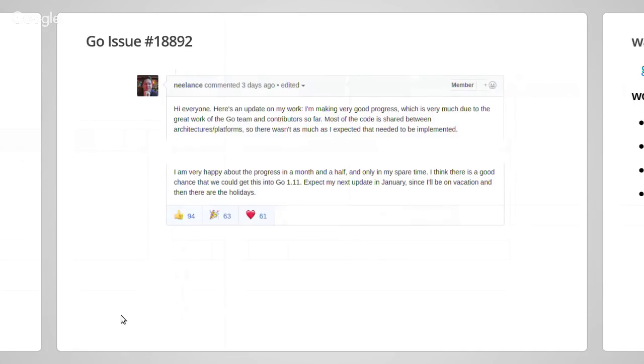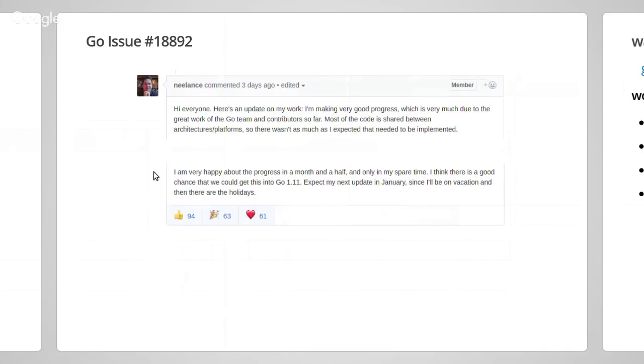But 3 days ago, and I intended to give my talk mainly about Gopher.js and then only drop 2 sentences about WebAssembly, but literally 3 days ago, Nilens, you might remember this guy, the creator of Gopher.js, said he has started working on this, and he is very optimistic, I would say.